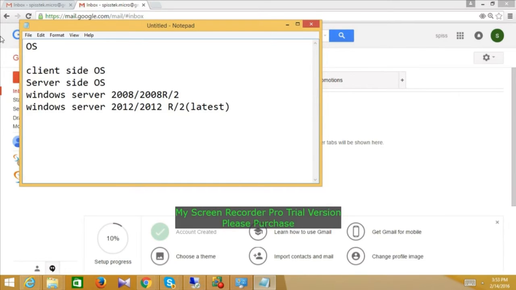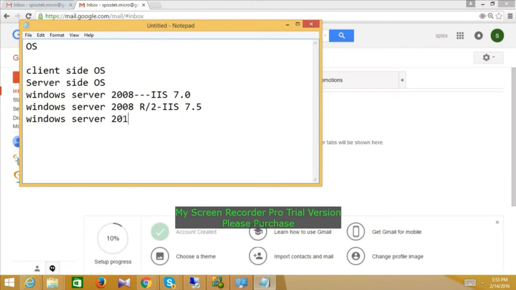Next, along with Windows Server 2008, what is the IIS version we will get? IIS 7.0. Along with Windows Server 2008 R2, what is the IIS version? IIS 7.5.